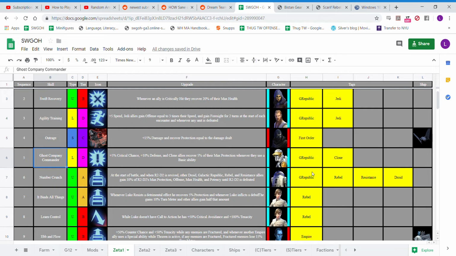Ghost Company Commander is quite trash right now, although with the new Geonosis TB coming out, clones may get a rework. I Zeta'd him, and it was completely worth it because it was very helpful in getting me and my guild across to finish the heroic tank. It's amazing in phase 2 and phase 4, so I don't regret it whatsoever, but in this day and age